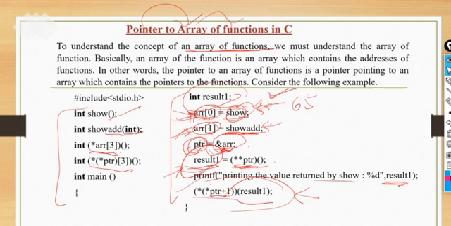PTR plus 1: whatever is the value here, first you have to add 1, then you have to find the value at that location, then again you have to find the pointer, that is, apply the pointer. So make a note of how you can evaluate these types of pointer functionalities with arrays, with an array of functions, with functions. Just practice a lot on these things, and you will get better clarity also.